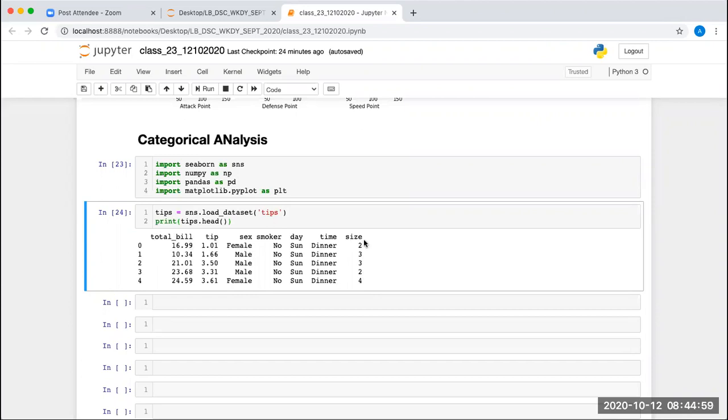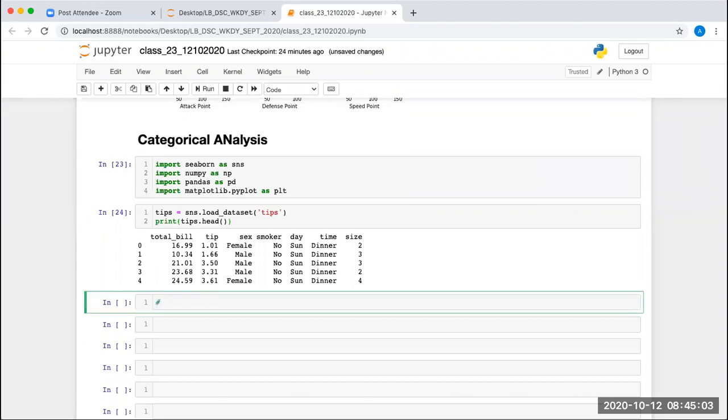So if you want to do the categorical plot using Seaborn, the first function you have is the swarm plot. Then we have the strip plot.